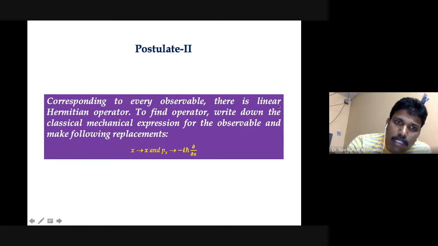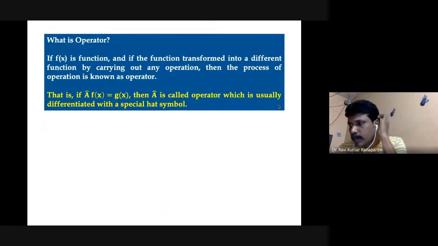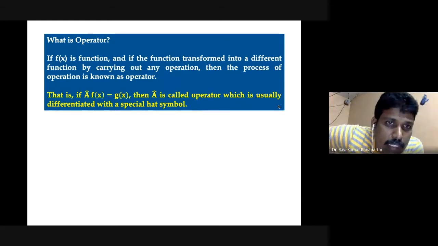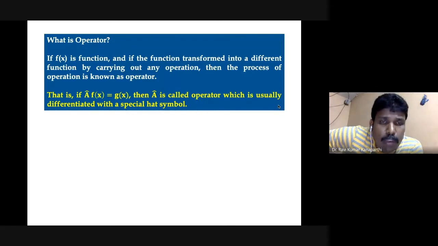Linear Hermitian operator. So there are three terms. Let me try to explain what exactly an operator is first, and then what exactly a linear operator is, then what exactly a Hermitian operator is. Having understood what an observable is, let us now try to understand what an operator is. An operator is nothing but